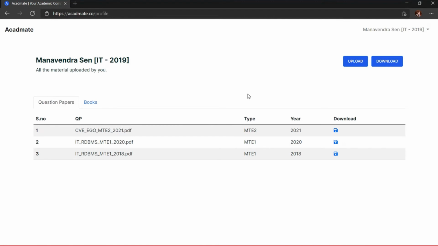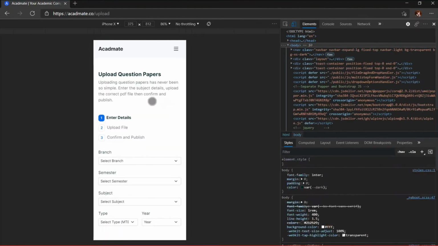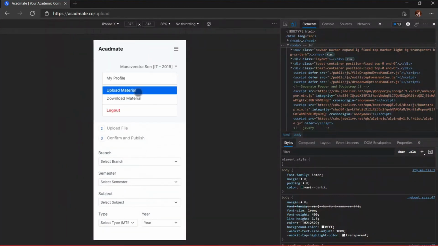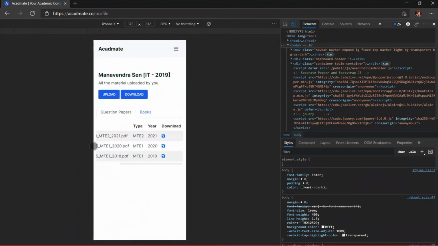We also plan to add a verification system to the question paper database. We currently do not have that, and also a reporting system so that the users can report a question paper if it is not ideal quality or any other issue they face. Regarding the UI design, it was done using HTML, CSS, and a CSS library known as Bootstrap that enabled us to develop the application rather fast and efficiently. This app is fully responsive on mobile devices as well. The entire application works flawlessly on different resolutions and platforms as it is web based, so no system dependencies are there.